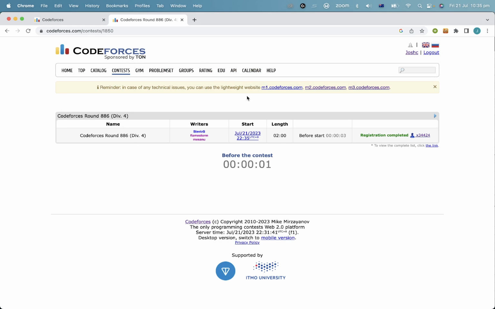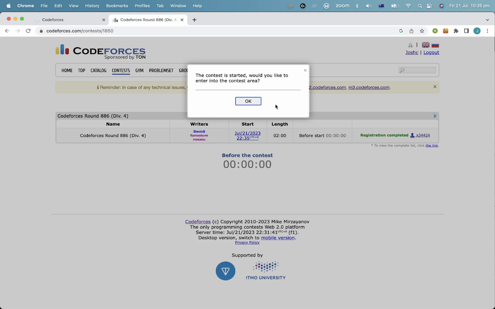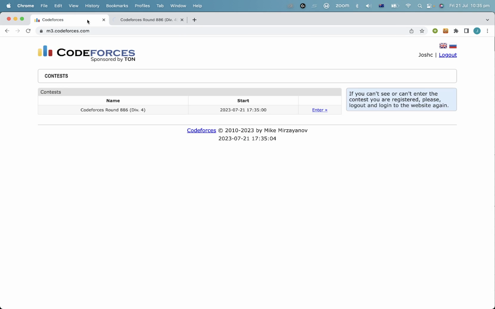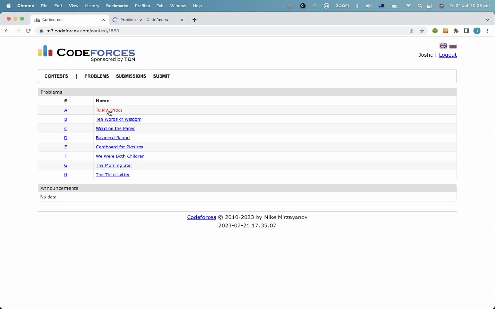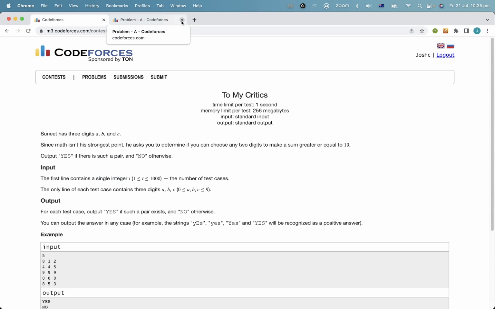Everyone, today I'll be doing the Div 4 Codeforces contest. Let's see, okay. Enter. Okay, let's see how long it loads. 2 digits to make a sum greater than